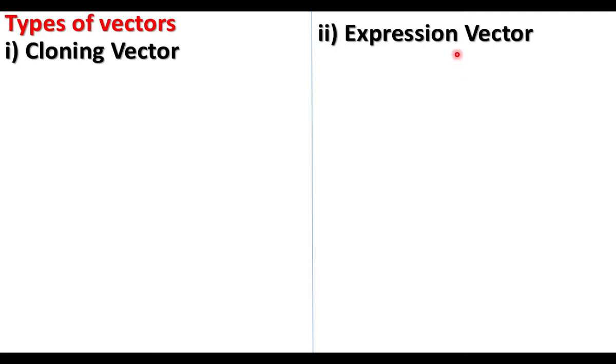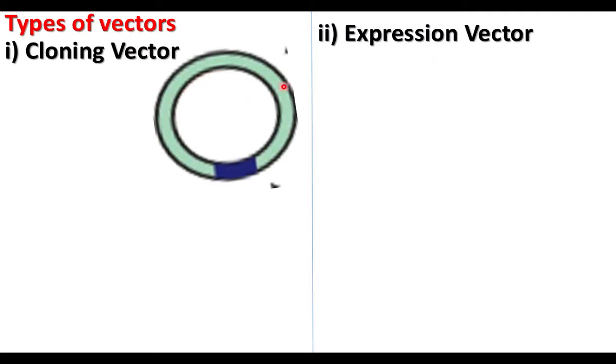When a gene is expressed, the product will be obtained. What is the product of a gene? Protein. To get the protein product of a foreign gene, expression vectors are used. This is a cloning vector. It has a foreign gene. This is the foreign gene or gene of interest. Both the plasmid and foreign gene together are called recombinant DNA or rDNA. The rDNA is kept inside the host cell.